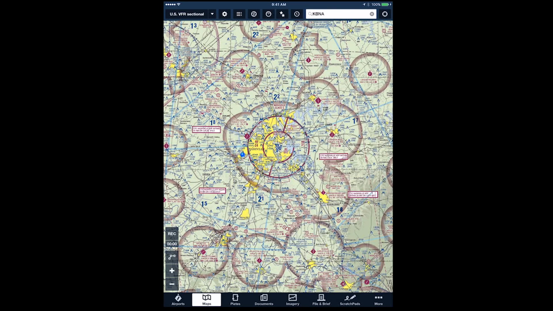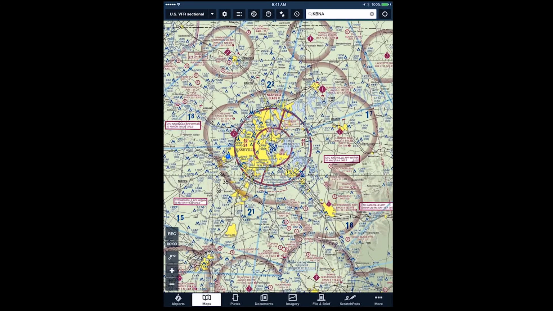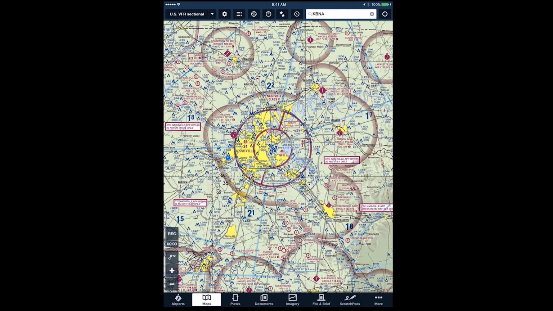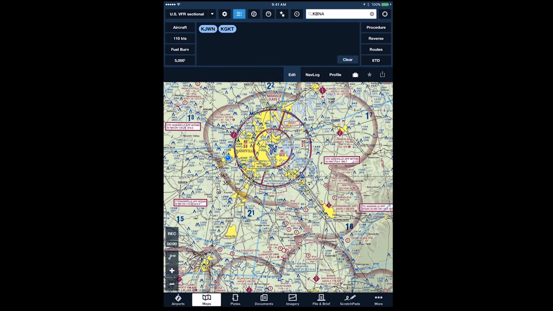So I guess now we can go ahead and get to planning our route as we did last time. Now there are several ways to do that. One is by tapping the third icon over, and that will bring down the route editor. And you can see it's got KGKT, that's Gatlinburg Airport. We're not flying to there. Plus it's got John Tune in there. So that's not the route we want at all. So I'm going to clear